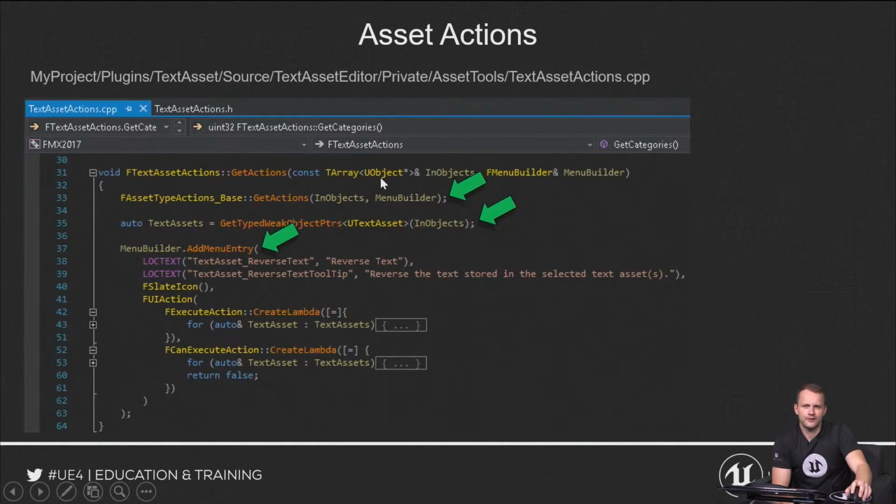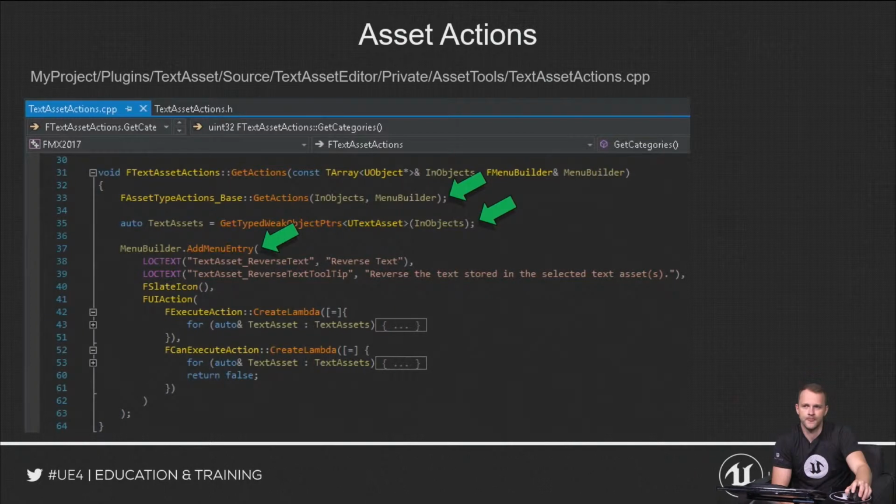So UObjects, like I explained in the previous video, are actually garbage collected. And it means that if we are holding on to a raw C++ pointer to those kind of objects, it is possible that the garbage collector deletes and destroys those objects. So our pointer might actually be pointing to invalid memory,